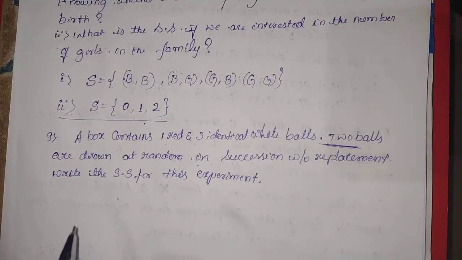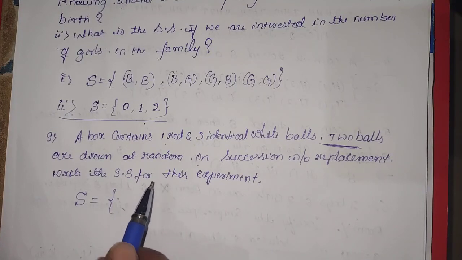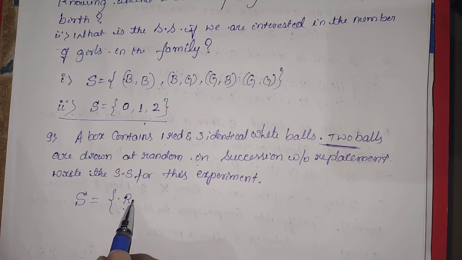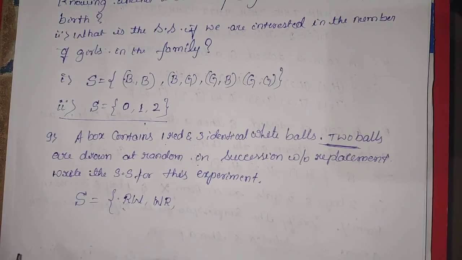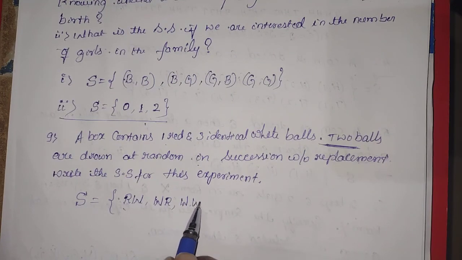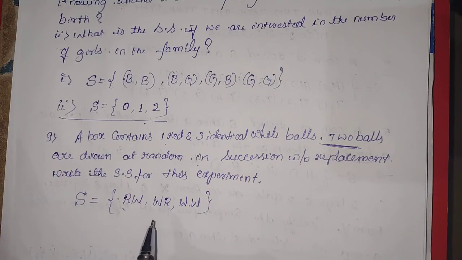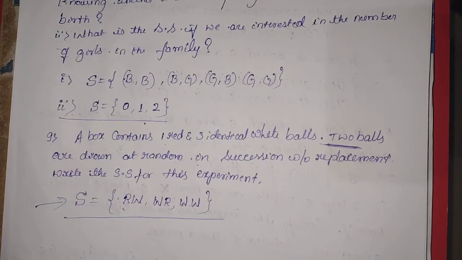Only 2 balls. Okay? Then the sample space S is equal to, how to write the sample space? So first you are picking the ball, maybe red. If you are taking the red, automatically the second one is white. Very good. Maybe if you are taking the first ball white, the second may obviously be red. Maybe the chances are like this. First you are taking white, the second is also white. Because there is only one red, don't write RR like this. Okay? So these are the possibilities of a sample space.